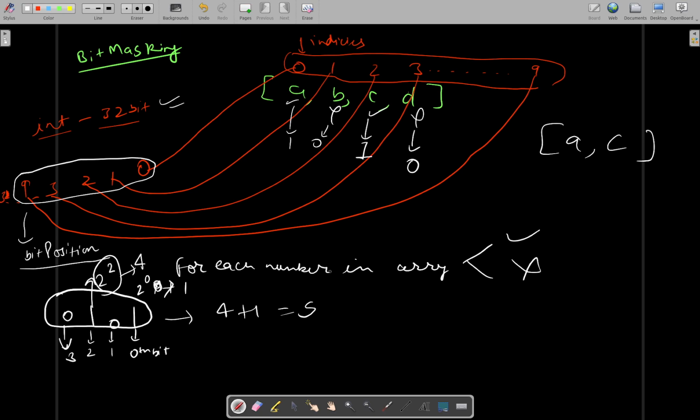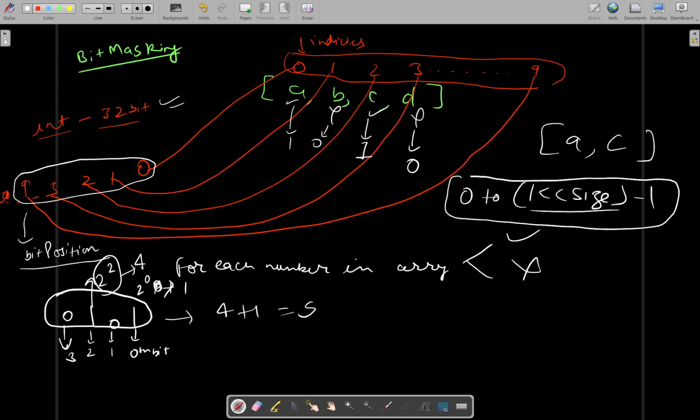This is how each number from 0 to 1 left shifted by size of the given array, minus 1, will represent all the configurations for generating all the subsets that can be possible for a particular array. What is this thing? 1 left shifted to size times. It is nothing but,